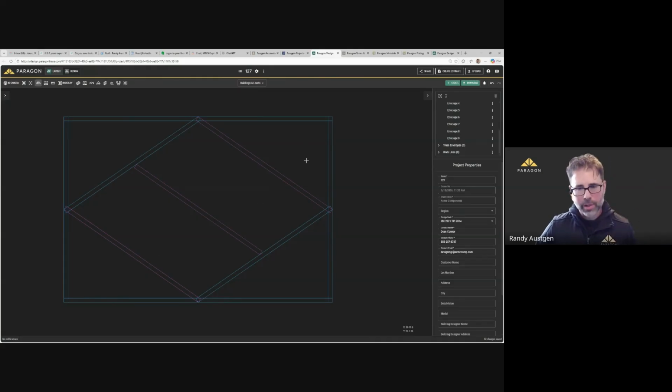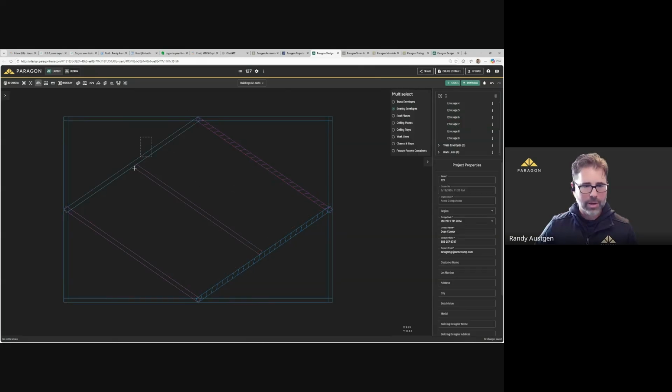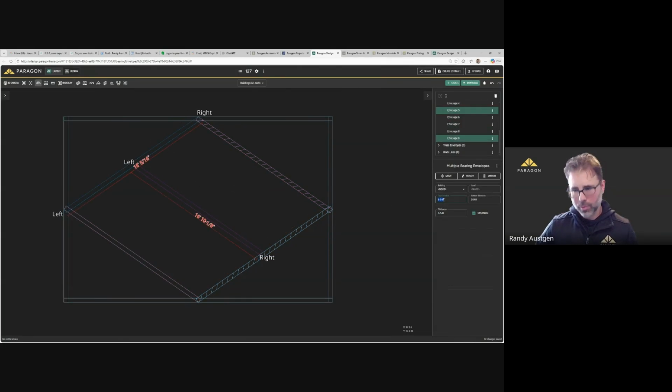And then I'm going to show the next change, which is differentiating or providing a hatch based off of the wall elevation. So I just changed that wall elevation to 9 there. I'm going to grab these and I'm going to change them to 10 just to show what's going to happen for us here.